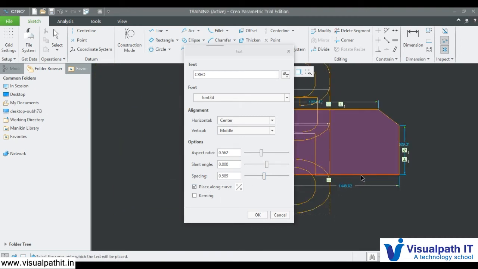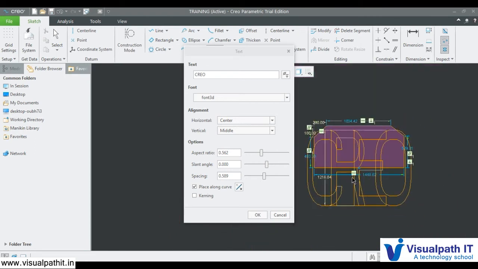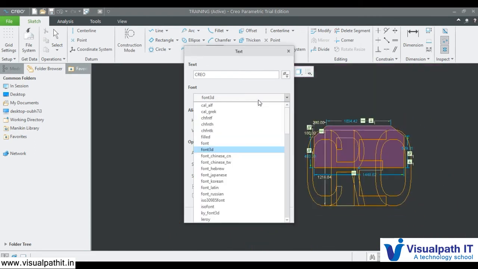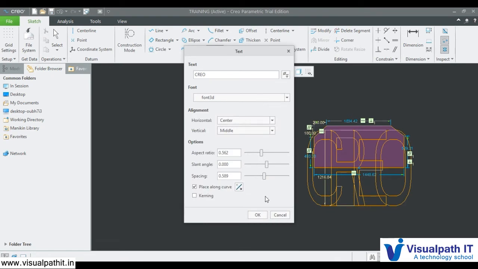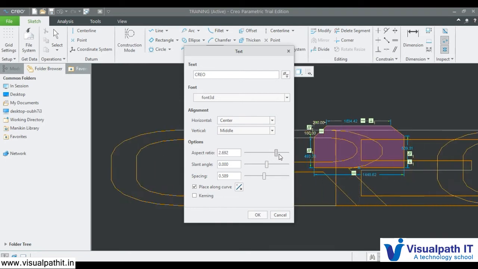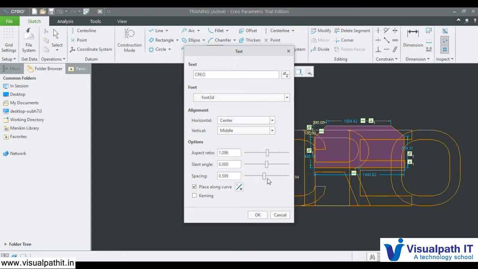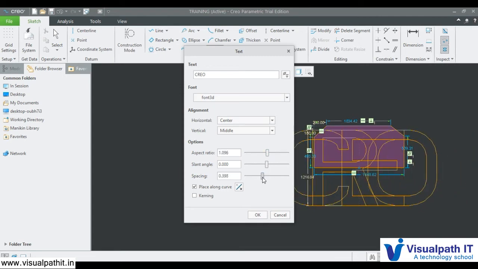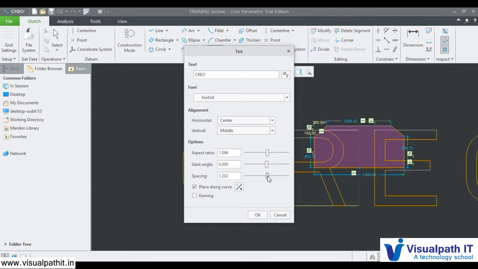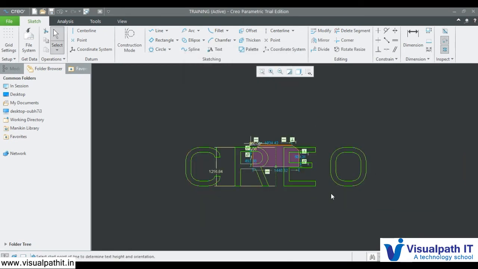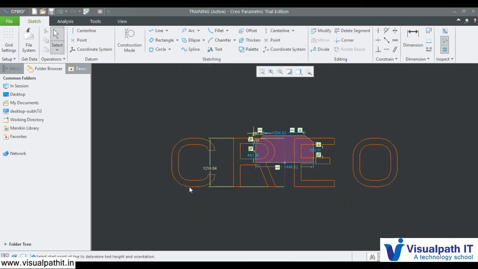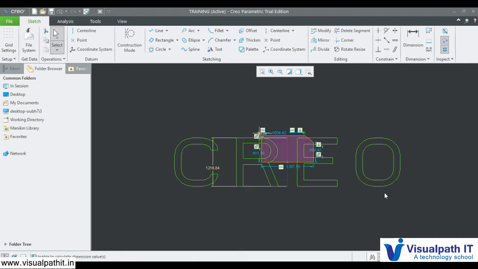This is how you want to place this along these lines. This is it. And I want this much and I don't want this much height, then I can reduce. That's it. I created text. Now I can scale it just by dragging it, how I can adjust it how much I want.